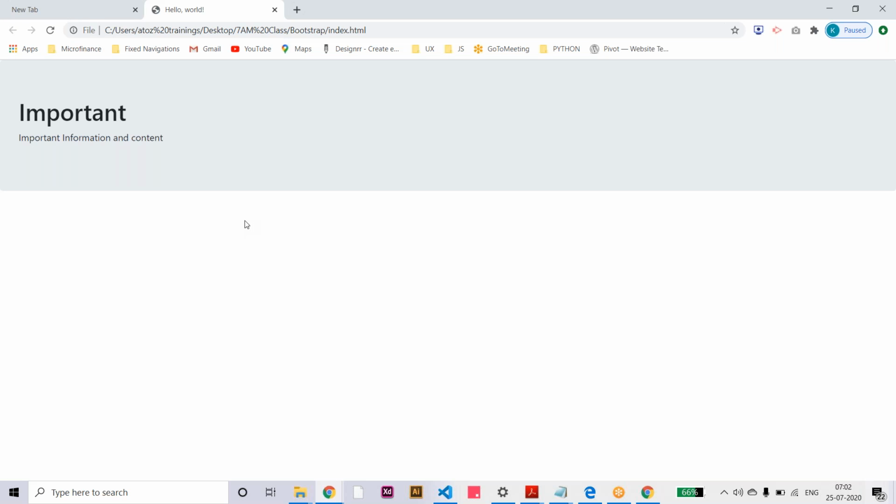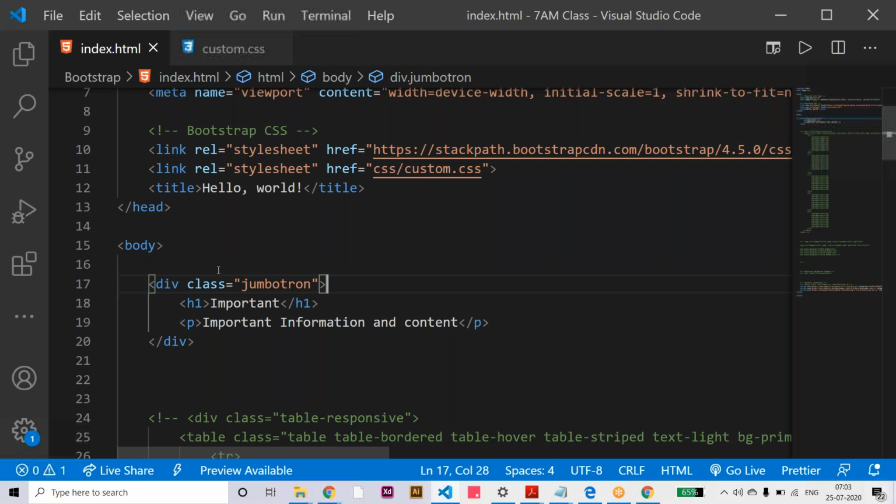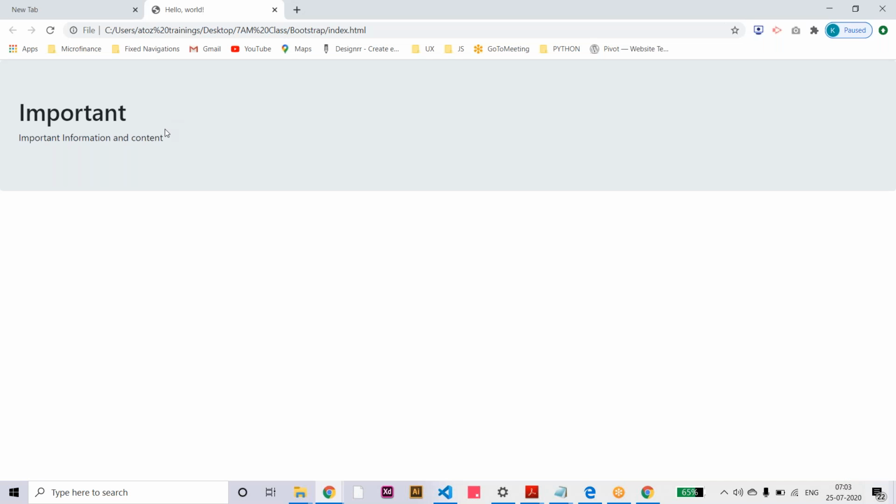The total look and feel was changed. Some light gray color, and applying some space left, right, bottom, top. So like this, you can apply the Jumbotron class for any important information on your web page.